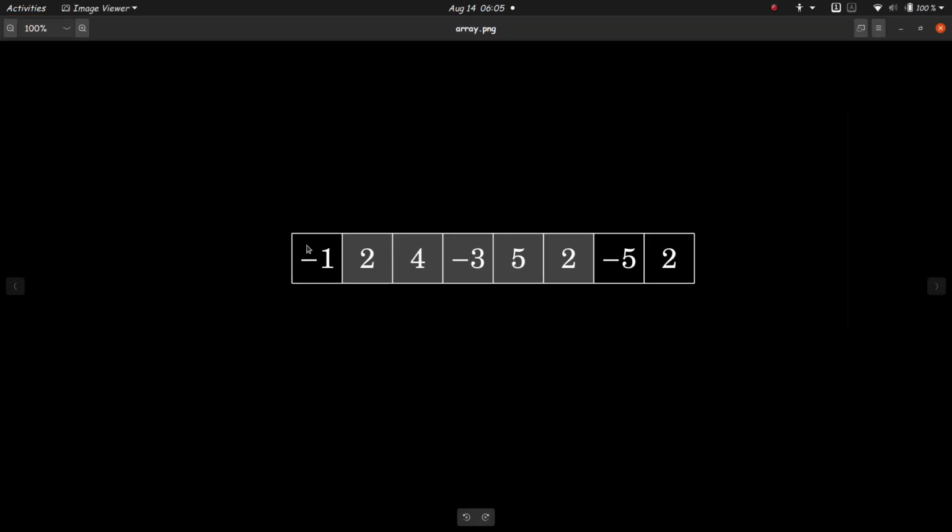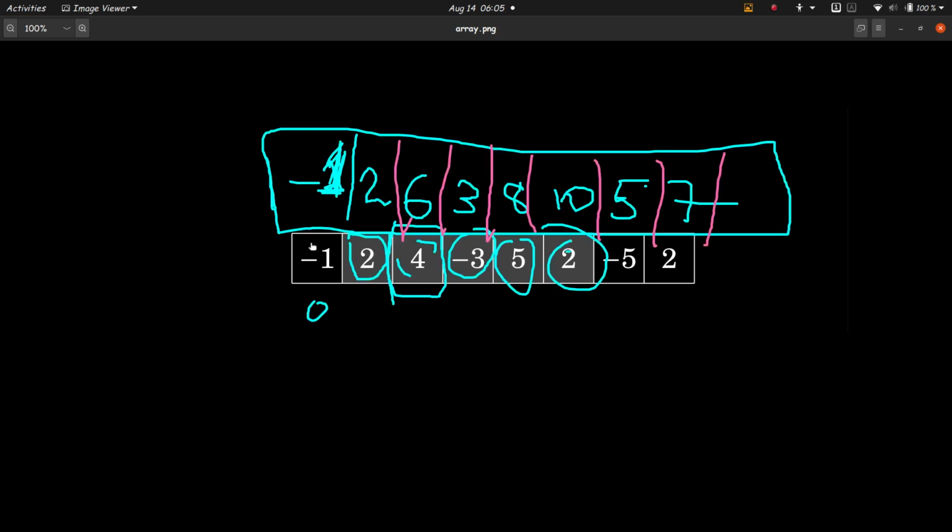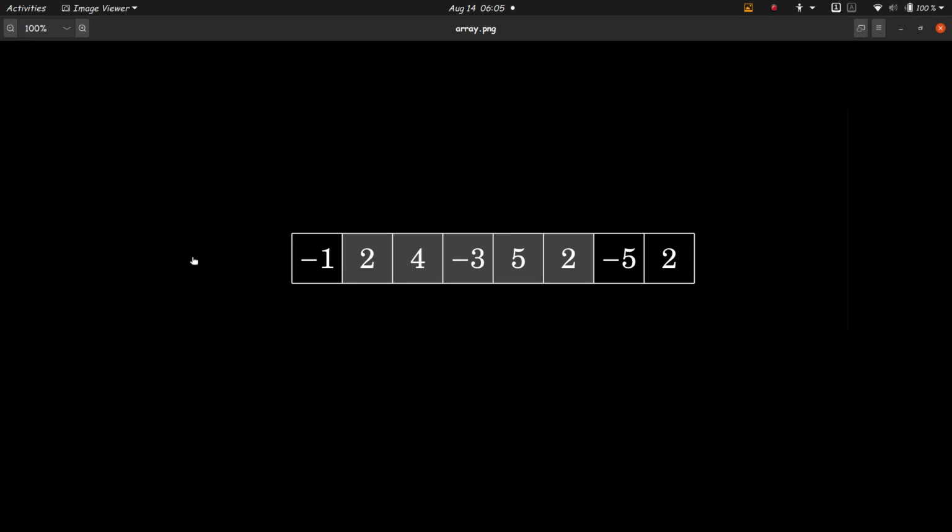Now let me clean it. Assuming that we have a bigger array, let's say we have some more elements, and let's say this is also a negative number, -2, -3, -1, and then again -1, and something like that.